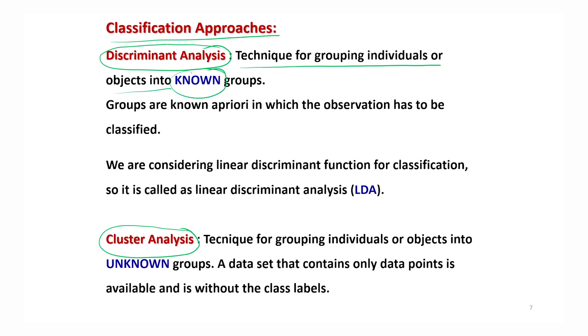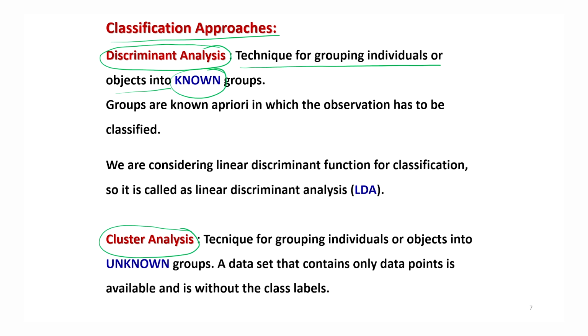That means this population is known to us a priori. For example, we knew that we have two populations, one of students coming from biology and another of students coming from mathematics. Similarly, we knew that we have two populations, one of patients who are healthy and those patients who are not healthy, with respect to a certain disease.